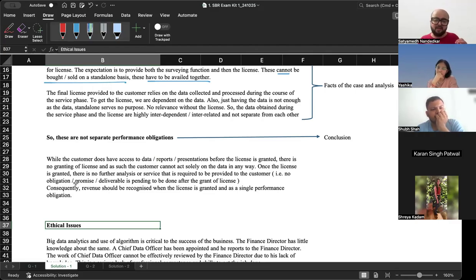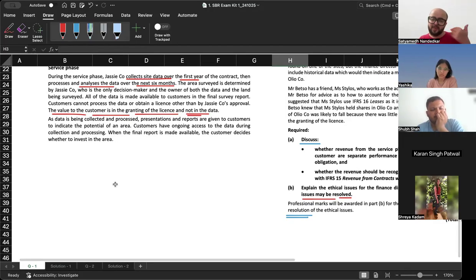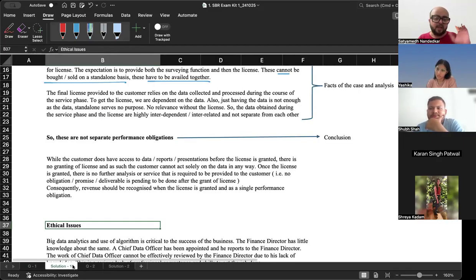While the customer does have access to data before the license is granted, there is no granting of license, and as such, the customer cannot act solely on the data in any way. Even though the data is going to him, the data by itself is not of any value because the final value is in granting of the license, and granting of a license happens at a point in time. Control is transferred at a point in time. So this is a performance obligation satisfied at a point in time and not over a period of time. Okay, this is a performance obligation satisfied at a point in time, not over a period of time,